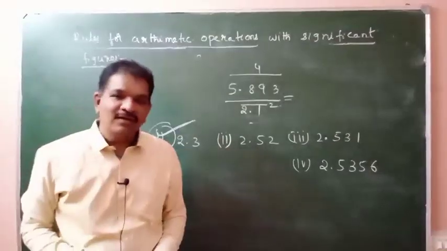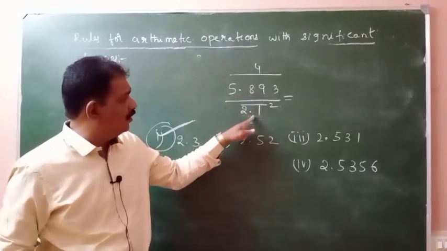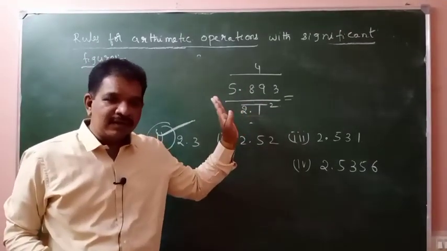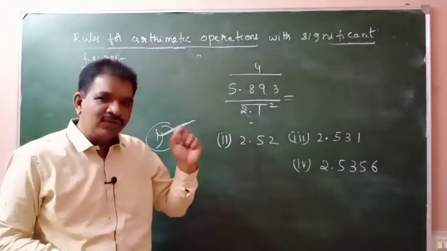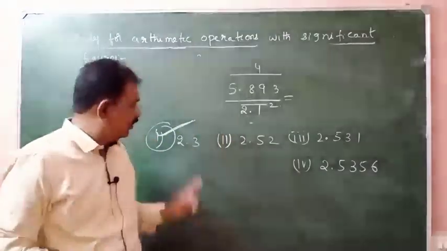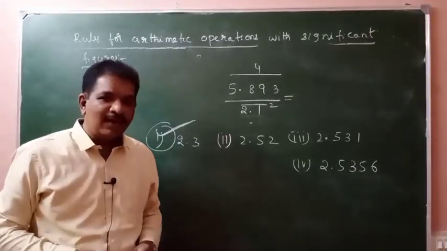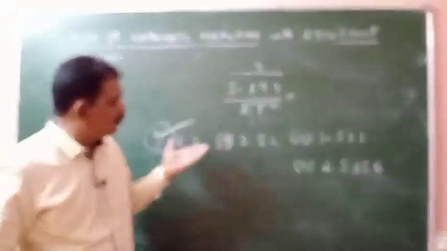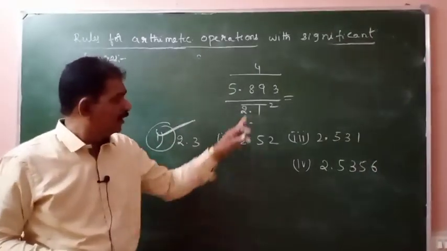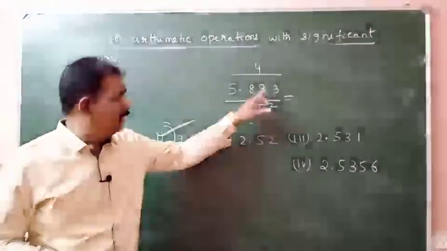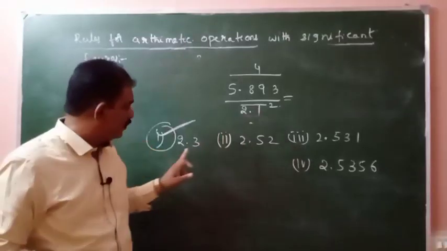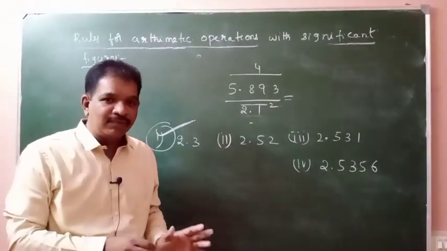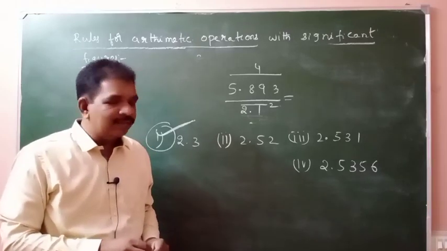That is the trick. In the examination, we will do all of these calculations without a calculator, no need to change anything. Just use your intelligence. Definitely one option will have the correct number of significant figures, so blindly you can go for it. This is the answer, like that. I am not claiming 5.893 by 2.1 is exactly 2.3. I am taking an example for you for the understanding.